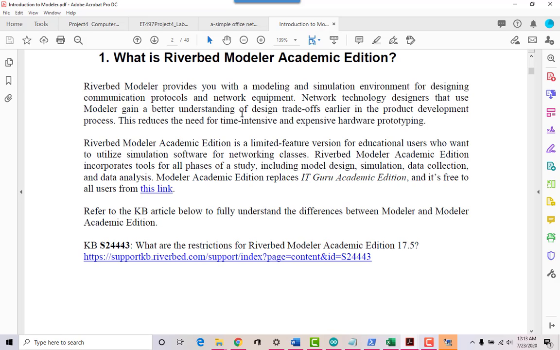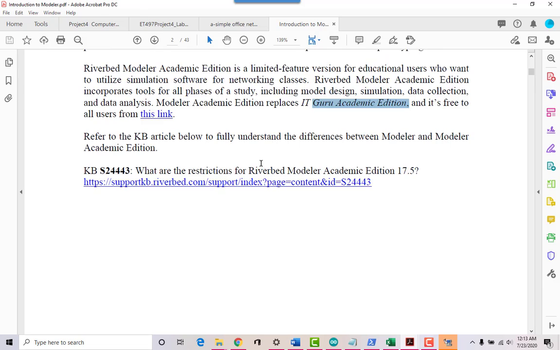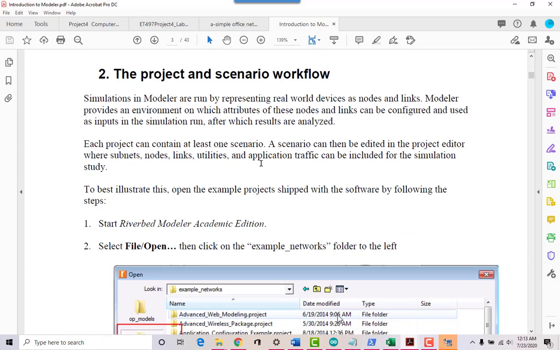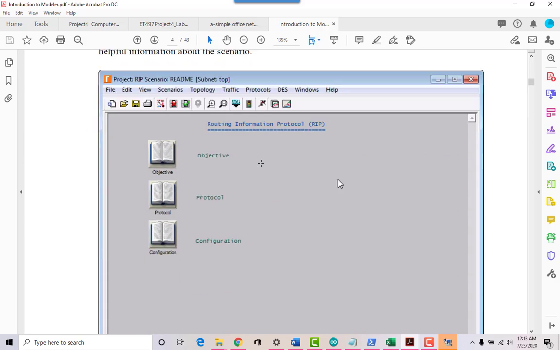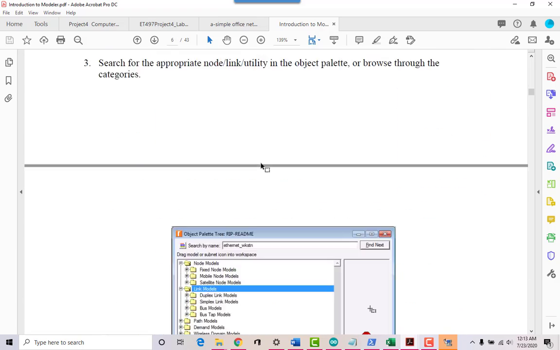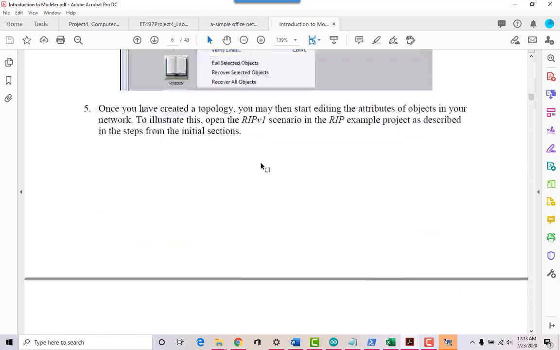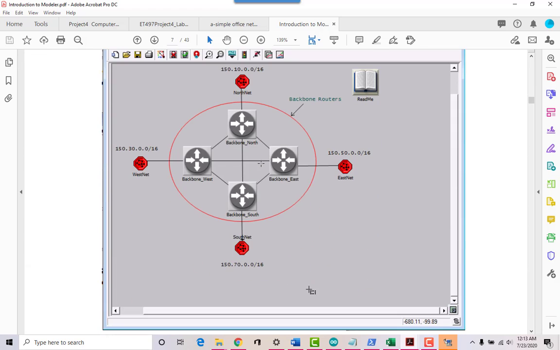So you can design products, but you can also create networks, complete networks with those products, and see how it's going to work. So we're using the academic edition. There's also a very expensive edition that companies can purchase, right? And it tells you a little bit more in depth here if you want to read more about that. Again, super powerful features, but it's pretty neat.